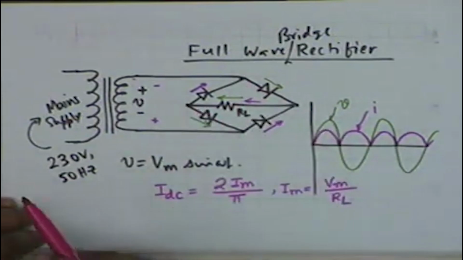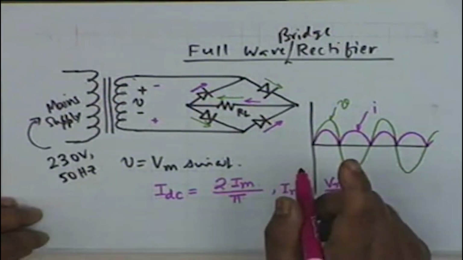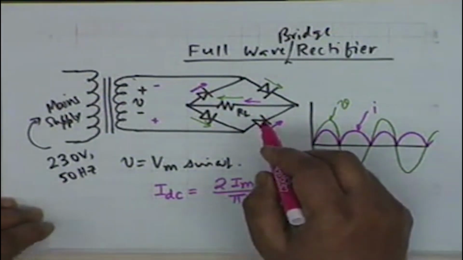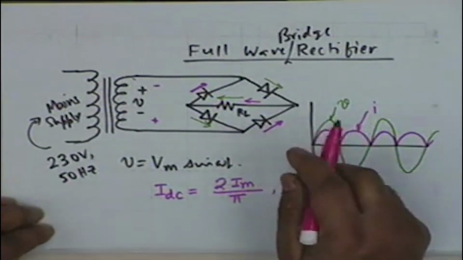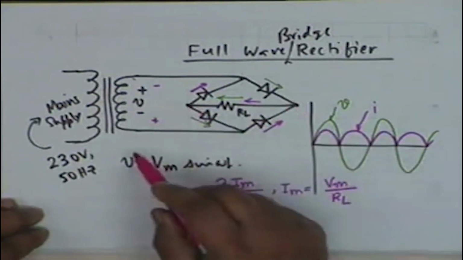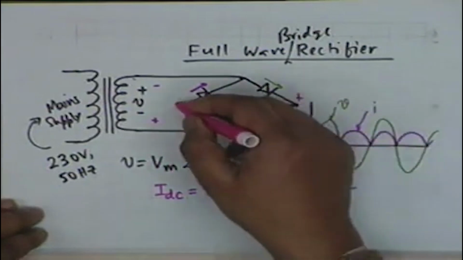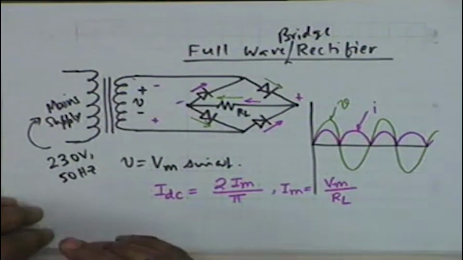Therefore if the diodes are non-ideal, then twice the drop across one diode shall occur during each half of current flow, and therefore the internal resistance of the DC supply between these 2 points, this is the polarity, will be higher than in the half wave rectifier. That occurs only when the diodes are non-ideal, and all practical diodes are non-ideal,